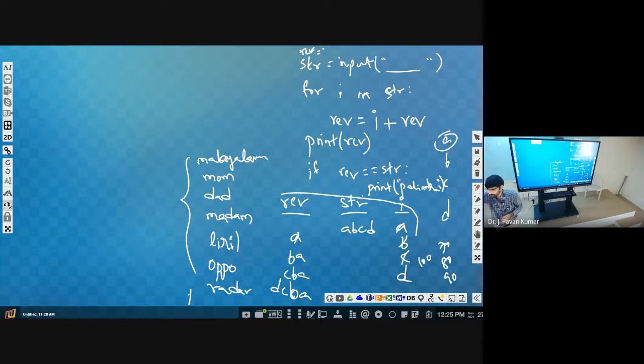The ultimate goal is what? What is the objective? Palindrome or not? So if I say, is this palindrome or not? It is not a palindrome. How are you saying that? Did you reverse it?